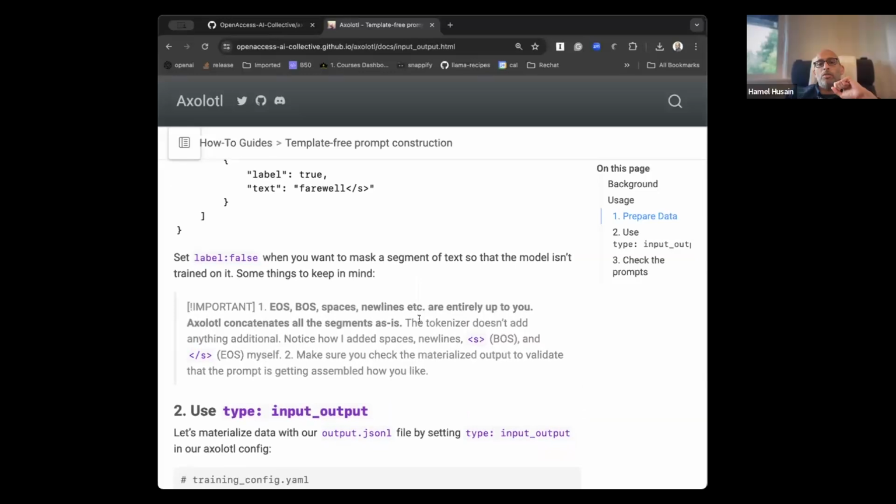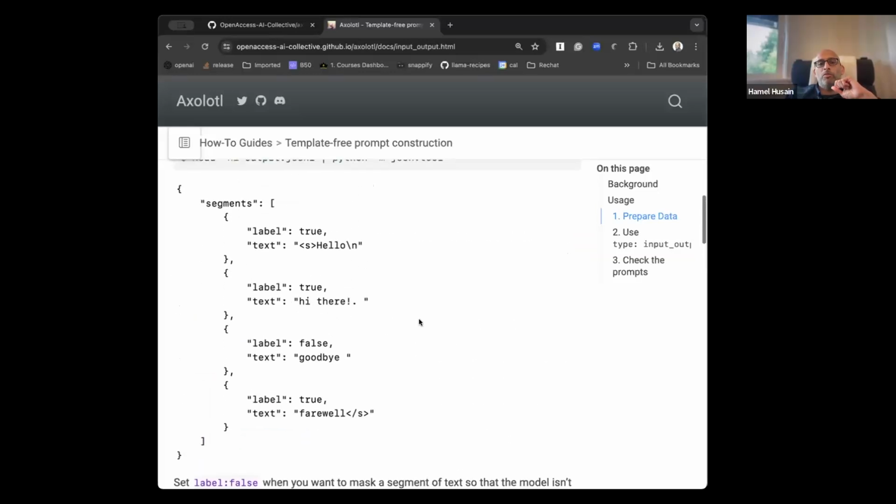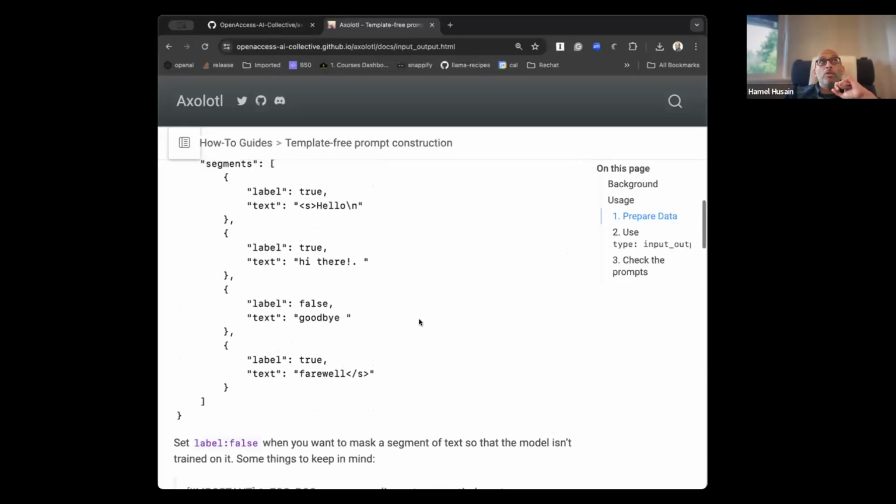Yeah, and concretely, one reason I wanted this for myself was that I didn't want to be locked into the chat template, because I had different kinds of roles that I wanted, like special roles. I wanted to make up my own roles. Some of them should be masked, some of them shouldn't be masked, whatever. And I just wanted to work directly with the strings. If that makes sense. So this is a little bit advanced.